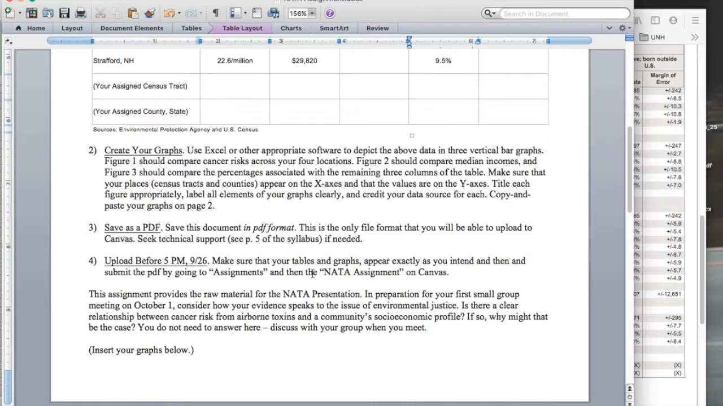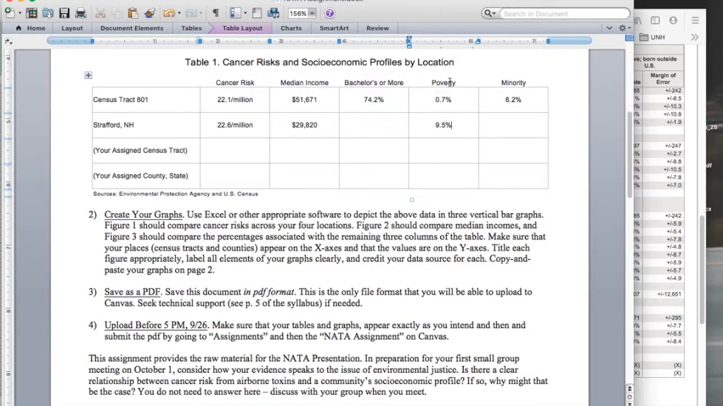In step 2, you're going to create your graphs using either Excel, or if you're familiar with other software programs that allow you to create graphs, maybe something like Stata, you can use those as well. You're going to create 3 graphs. The first will compare cancer risks across your 4 locations. Figure 2 will compare the median incomes, and figure 3 will compare the percentages that are associated with the level of education, the poverty rate, and the proportion or the percentage in each place that is racially or ethnically a minority. So these are going to be 3 vertical bar graphs,